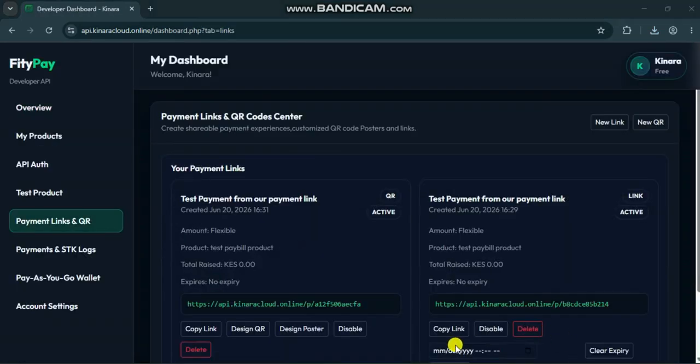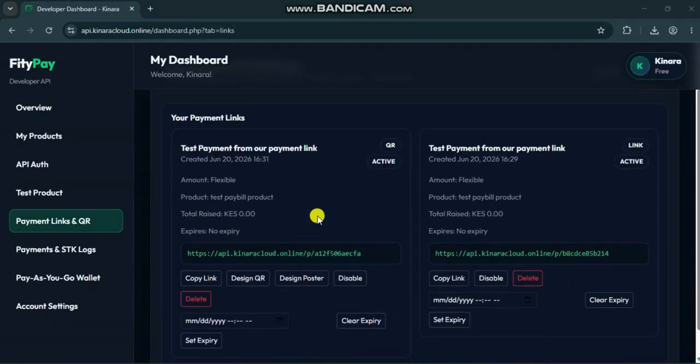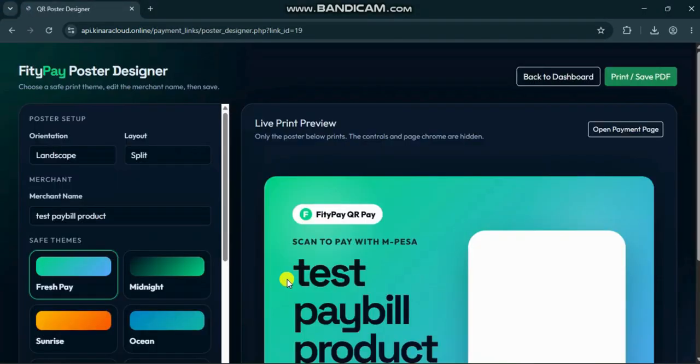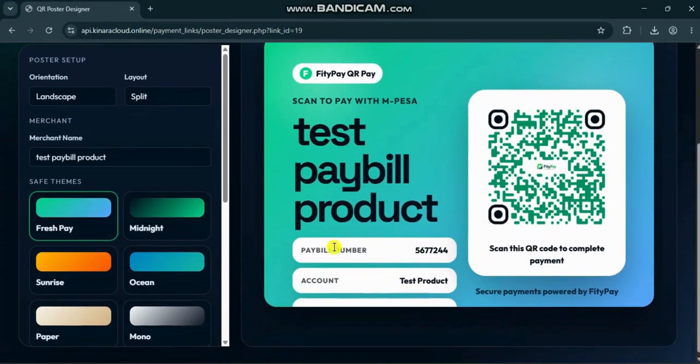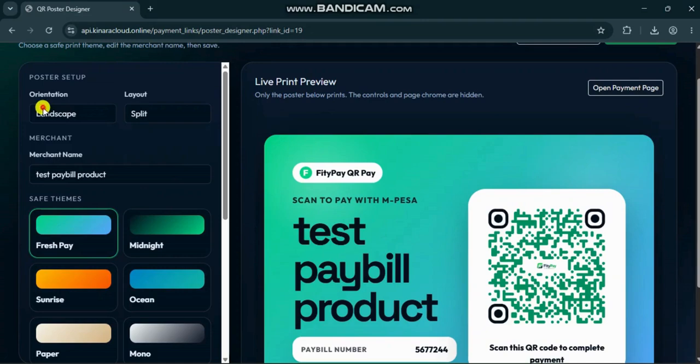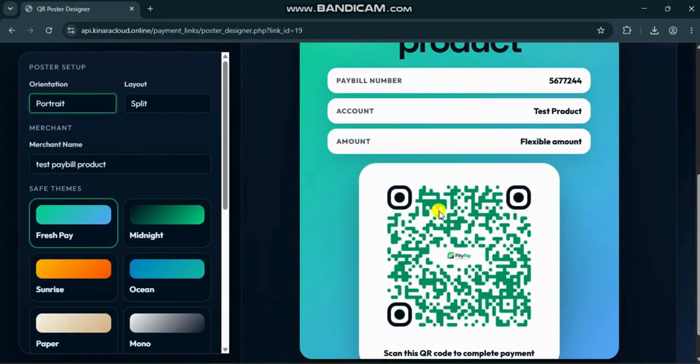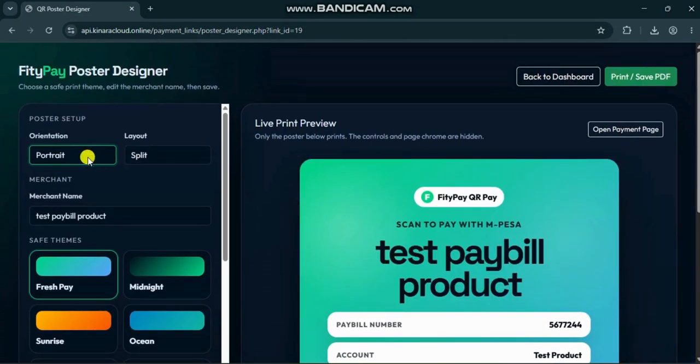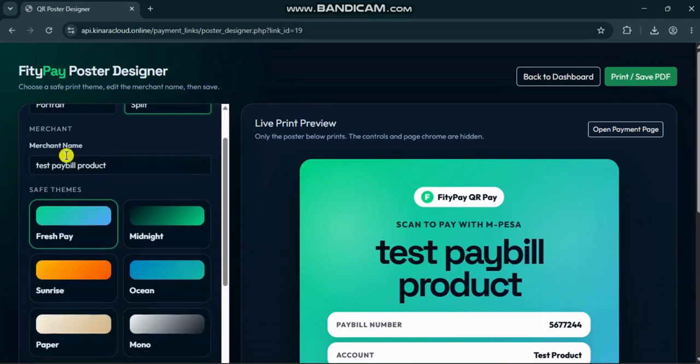Now, after creating the QR image and downloading it, next is designing your poster. You click there, design poster, and then you can design your poster here. You can choose the orientation to be portrait or even landscape. Then layout, you can leave it as it is, and then name is the name that appears on the poster header. For example, you can enter your shop name,